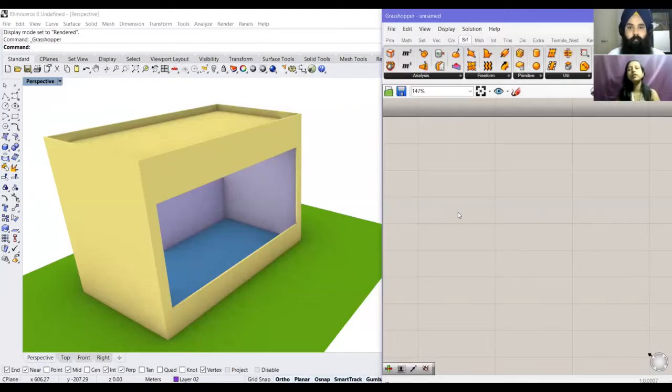It's similar to how your website design works. You type in HTML, but you get the final product, which is a website interface. When we have to take a certain thing from Grasshopper to Rhino, when we are sure that this is what we want finally, we can bake it and it shifts to Rhino. It becomes editable in Rhino.